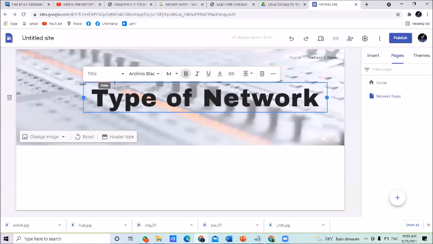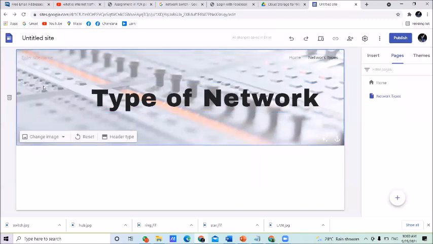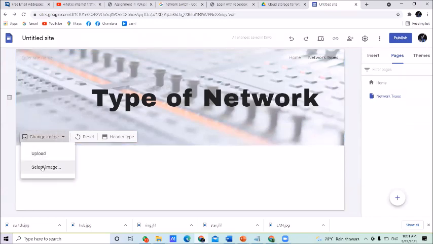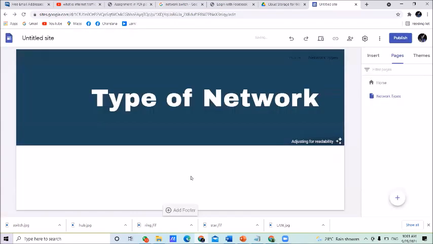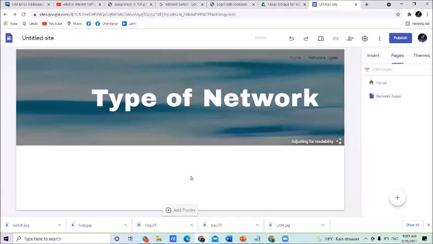Therefore, all the things should be attractive. Earlier I showed you how to change this background image. I think all of you can remember it. However, I can show you again. Select image. If you do not like this image, then you can change to another image.